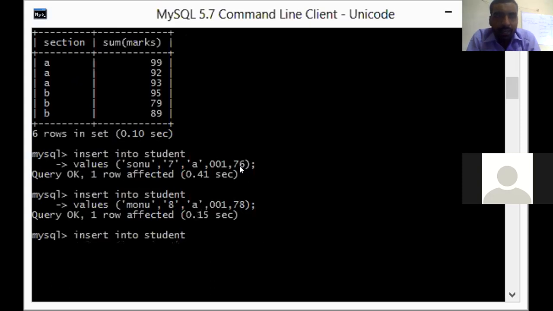Now again, insert into student. Let us change. This time I am writing the marks, suppose 66. Then the roll number, suppose 2. Section is B. Then the class is 7. And this time the name is Anu. Press enter key.